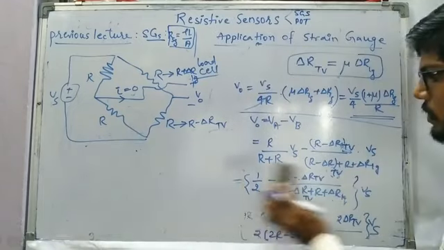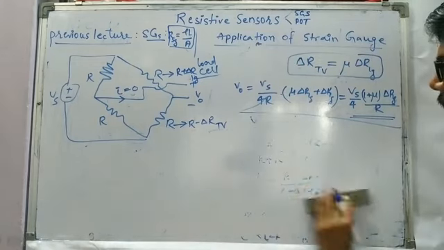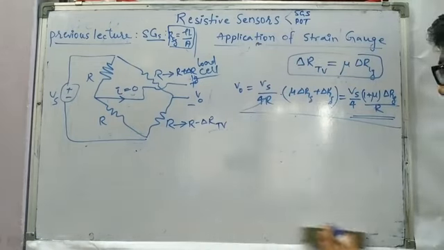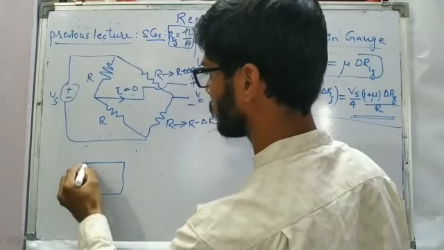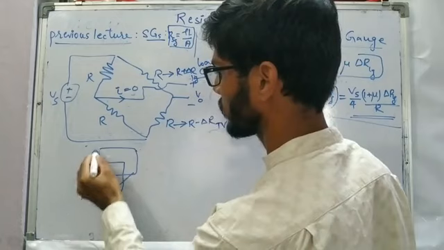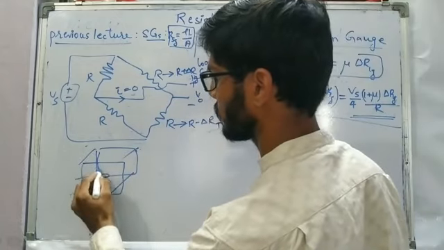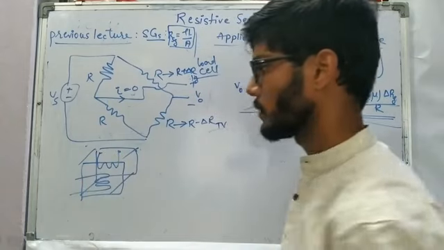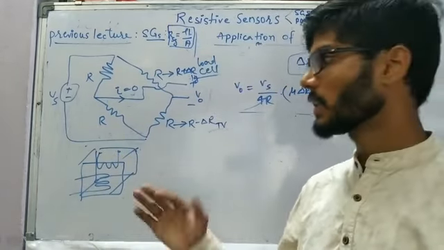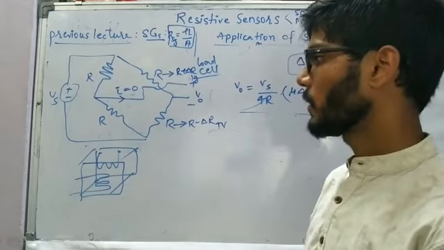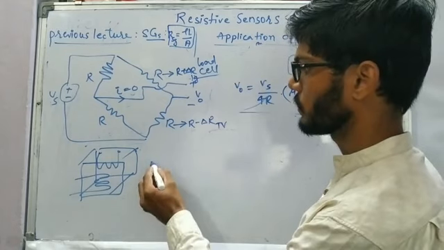So in that, what we are going to do is make use of 4 strain gauges. As we took the example of the load cell, which is a 3-dimensional structure, we are making use of 2 strain gauges as of now. Instead of only 2 strain gauges, we can use 2 more strain gauges at the back side of this particular structure, and we are going to have 4 strain gauges.